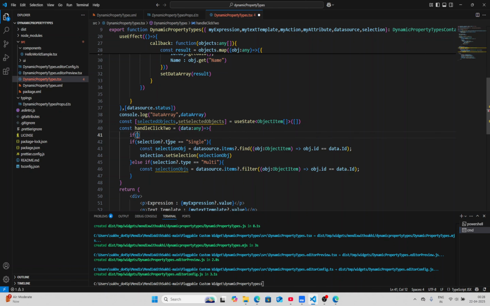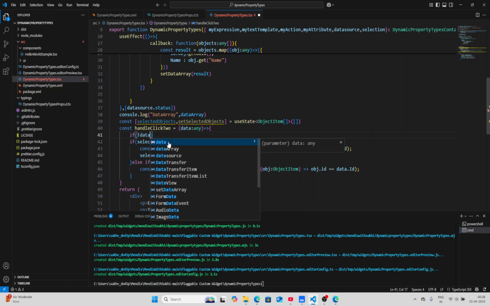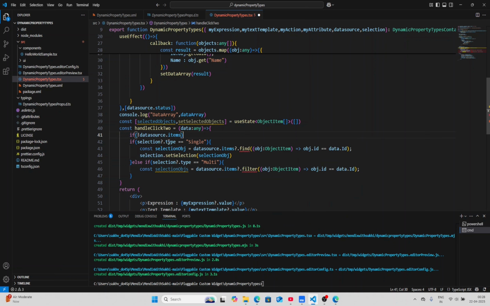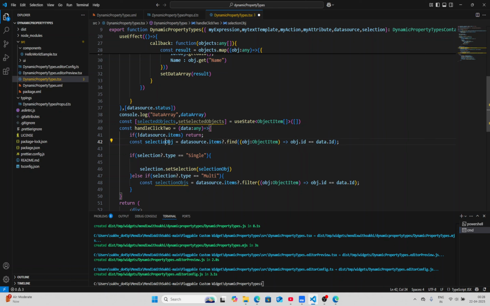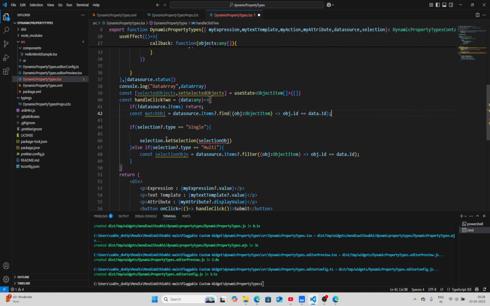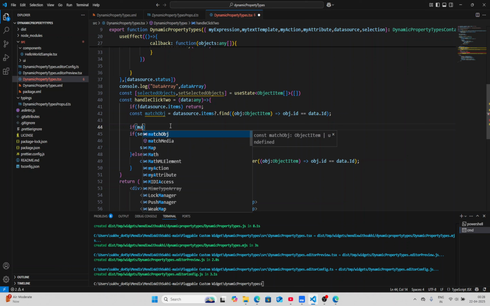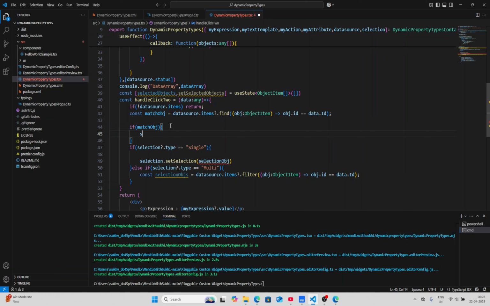Here, if not of data source dot items, if items not available, then return. After that, control X this line and paste it here. And here, give name match object. Items find and here data.id. After that, if match object, then set selected objects where grep arrow function